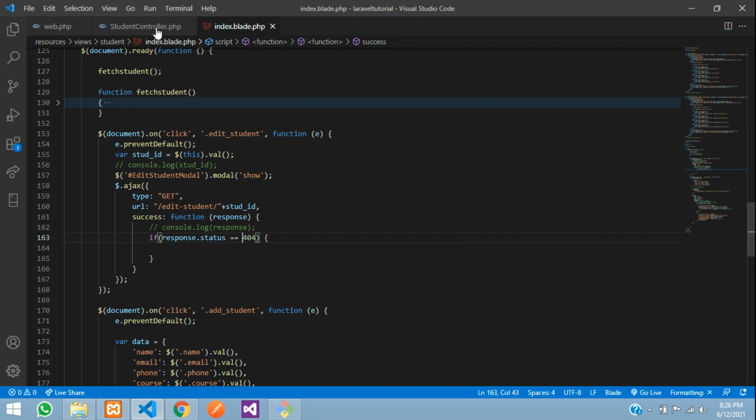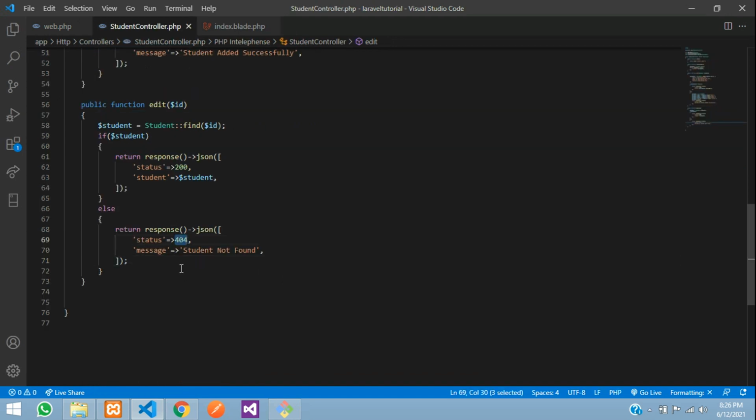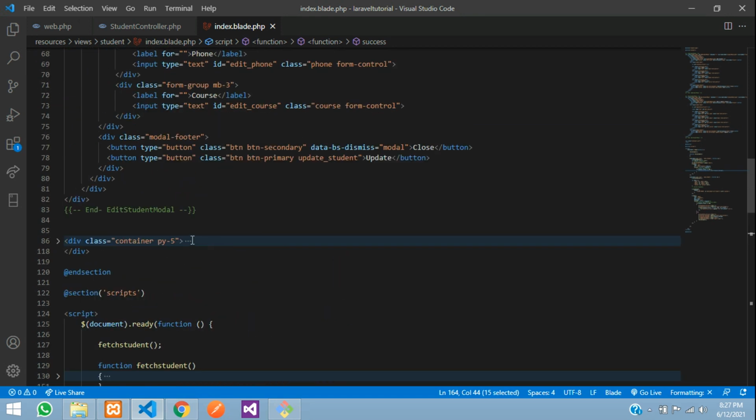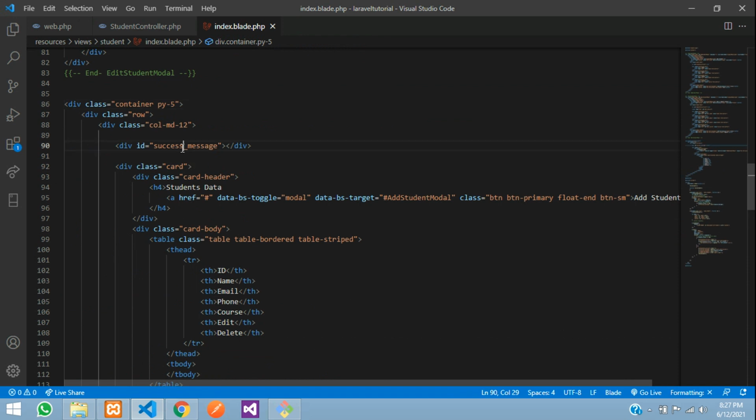So in case you don't find that id, let's print that message in the $success message. Okay, dot text format, print that response dot message. So this response message will be printed in this success message. Let's copy this, and you can find that over here. Okay, all set.